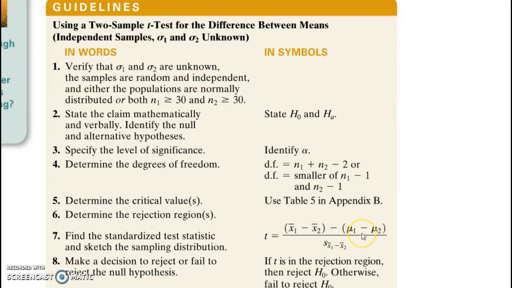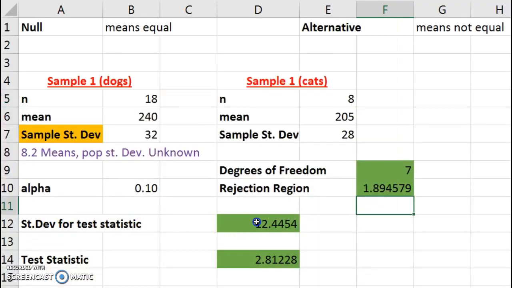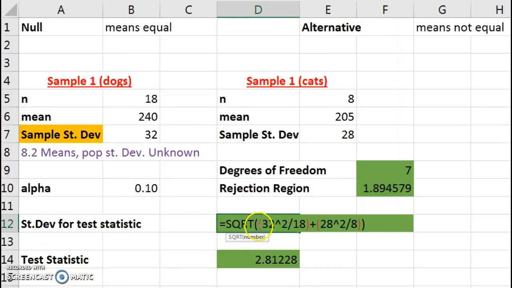This value is 0 because we're assuming our populations are the same, and then we divide by what we get for that standard deviation. For the standard deviation of the test statistic, we're just looking at what our samples came back for standard deviation. We square that, divide by the sample size, and add that to the same thing for our second sample,